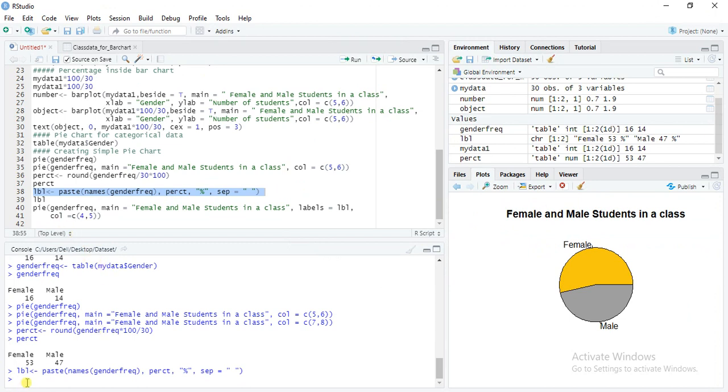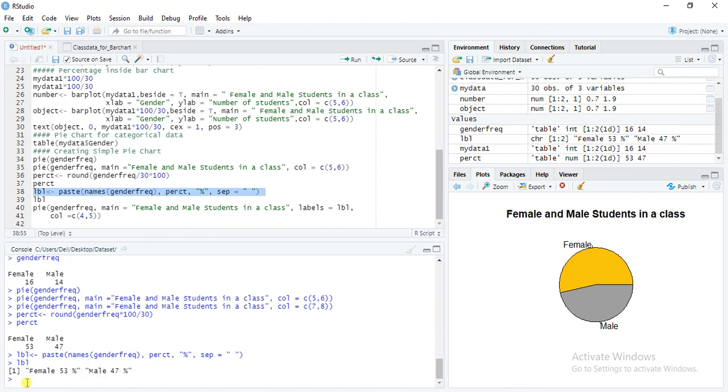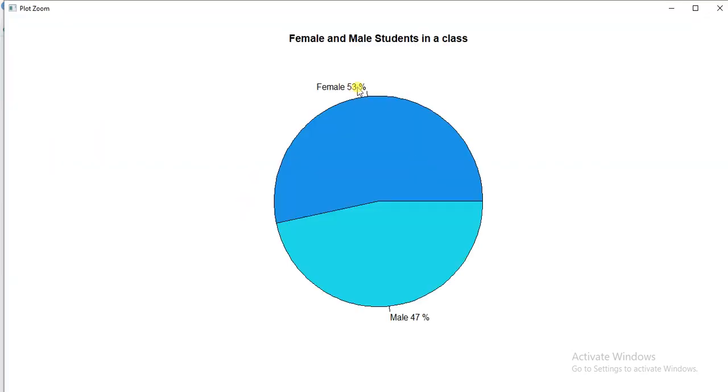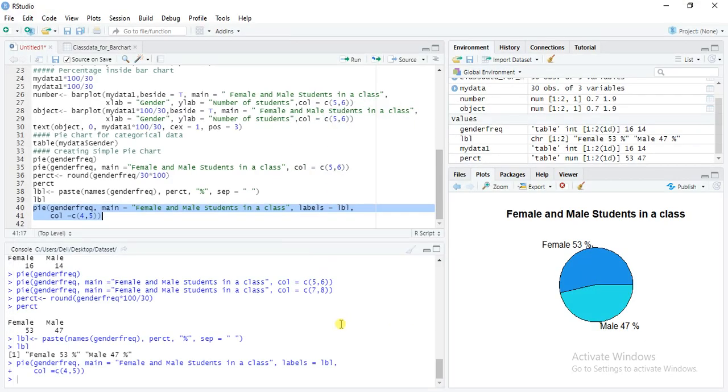Now label, LBL, it means female 53% and male 47%. Now I am writing here male and female. Now we can write here 53% female students in a class and 47% male students in a class.